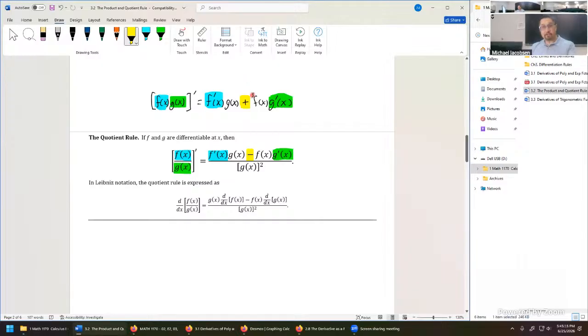If it's a product, you have to use plus, and that's a great way to memorize it. Think P for plus, P for product rule, and then you're on the right